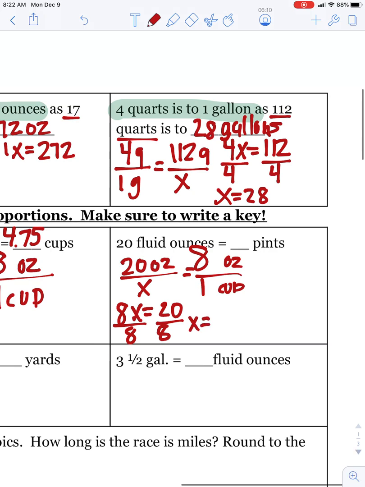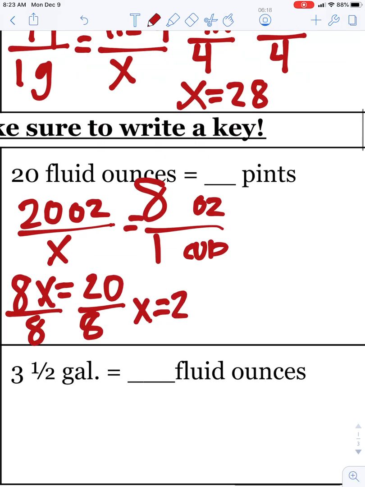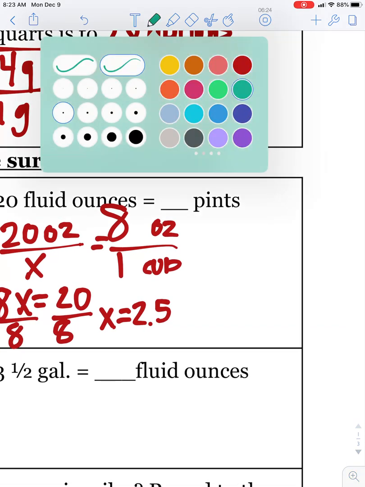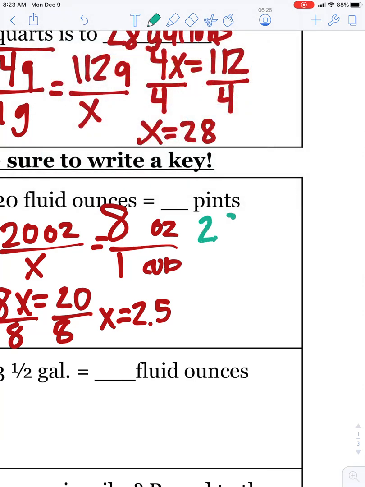And like I said, it takes you getting used to where these are. You'll never have to memorize them, but you do have to know how to use them. So I have 2.5. So remember, that's cups. So I'm going to start my second proportion. So 2.5